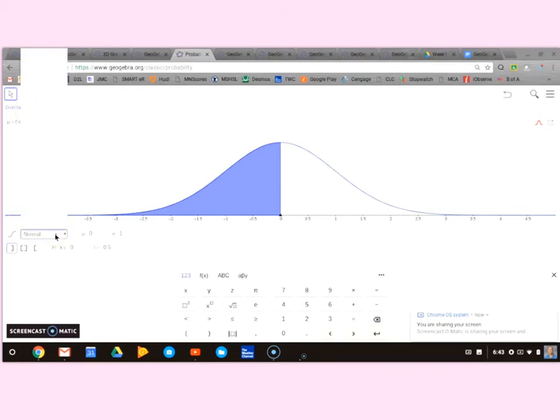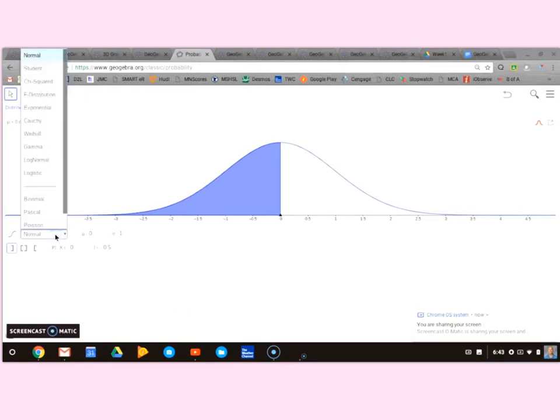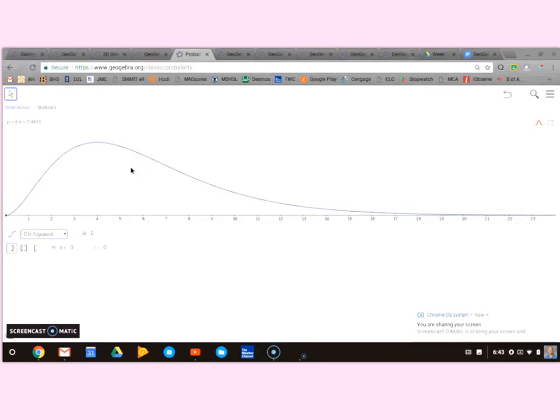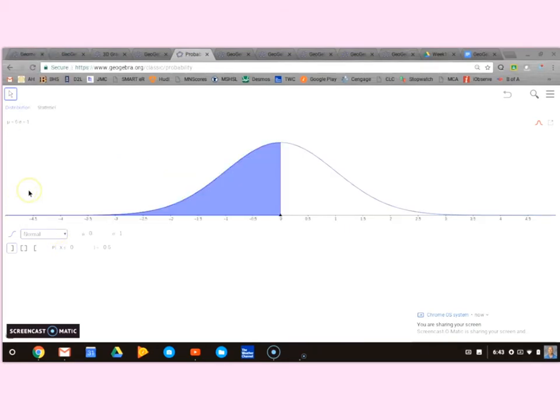We'll look at the distribution first, and in this drop-down menu you can choose the different distributions. Binomial is a pretty common one, so you might use that one. Student is actually one you can change to make just about any type of graph. Chi-squared is also a popular one if you're in a statistics class. But I'm going to go back to normal for now, and what it does for you, this will find the